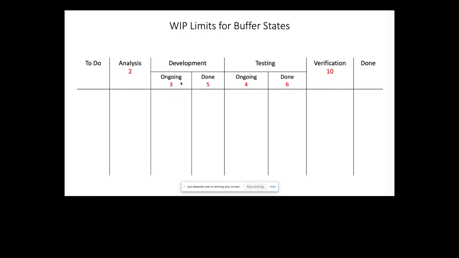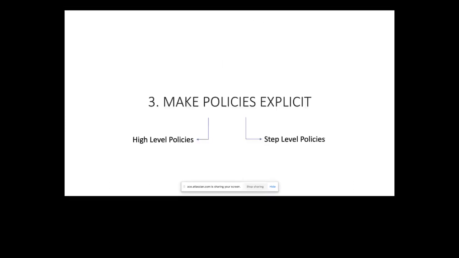All right, the third Kanban practice, making policies explicit. To keep it simple, these policies are similar to our definitions of done, DOD, right? I'm sure you all are practicing Scrum, and you definitely know about definition of done, right? What's the criteria that we will use to mark our work as done? That's the definition of done.